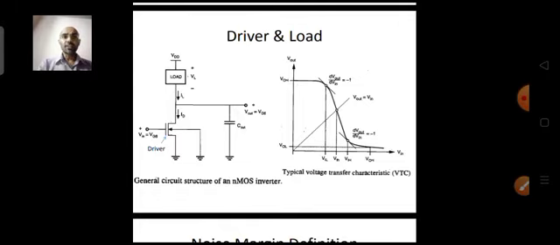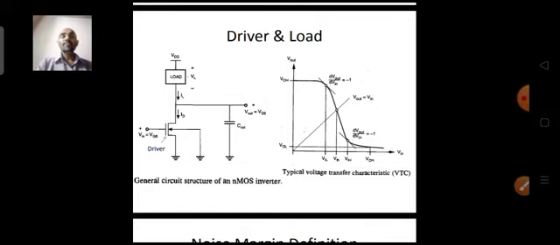Your inverter basically consists of a load component and a driver component. The driver component we basically use as an NMOS,